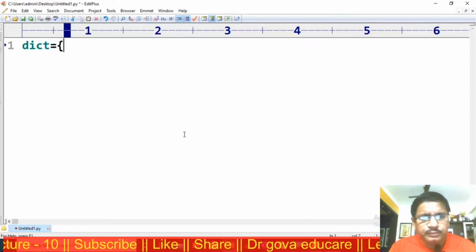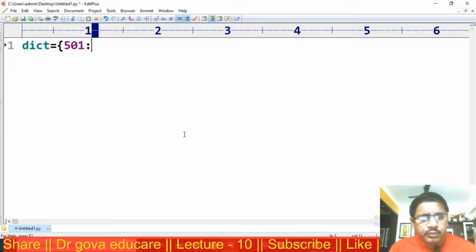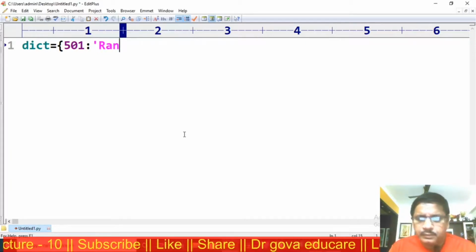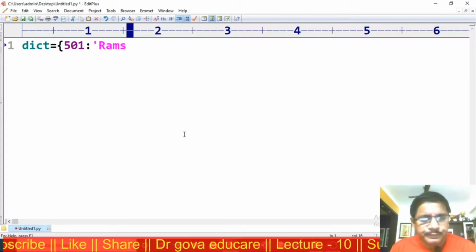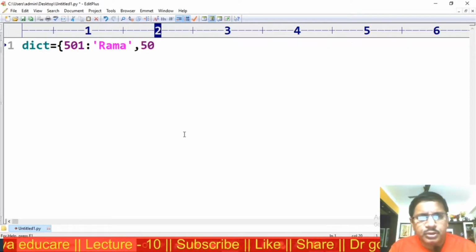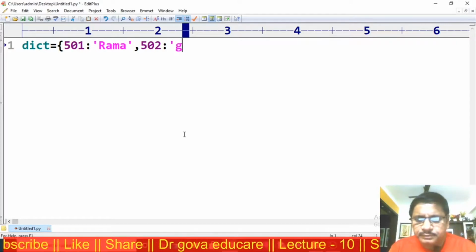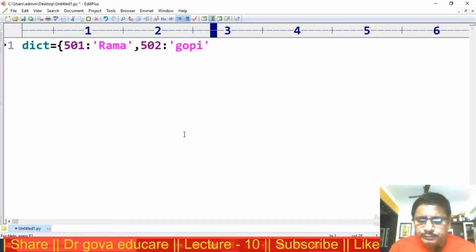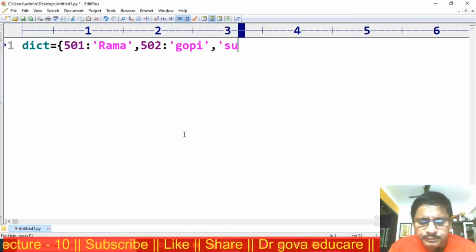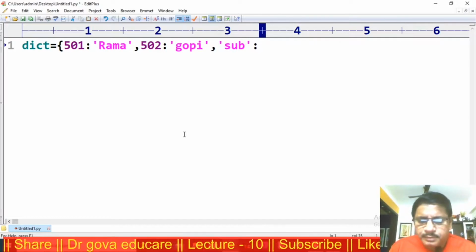dict is equal to, assuming it is roll number 501, some Rama, comma, 502 colon some Gopi, comma, subject colon Python.